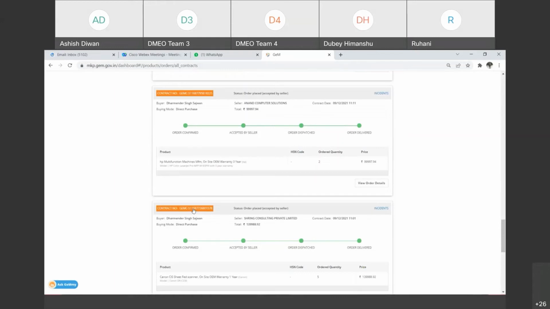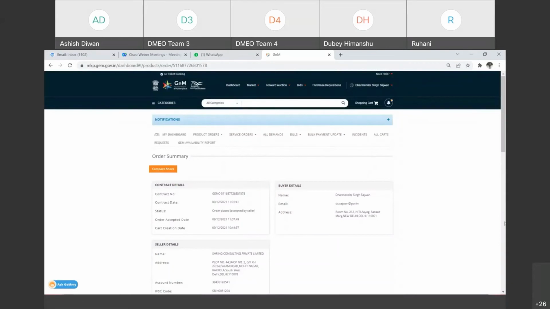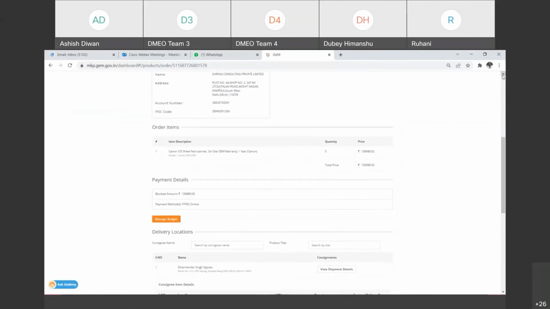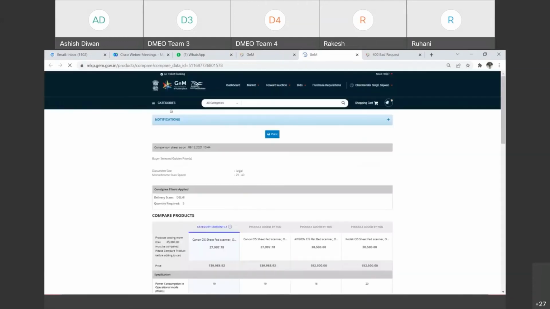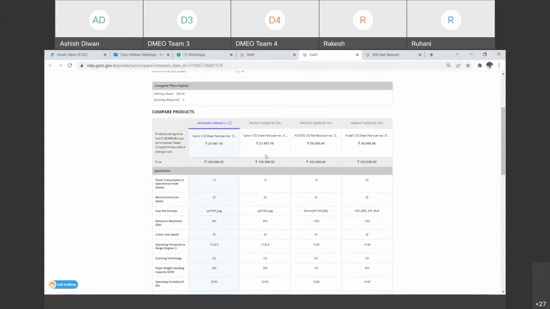ये मेरे ख्याल से ये हम लोगों ने प्रिंटर परचेज किए थे तो उसके वो प्रिंटर जो है 25,000 के ऊपर आ जा रहा था, तो उसमें हम लोगों ने कंपेयर सीट जनरेट किया था। हम लोगों ने प्रिंटर परचेज किया था, उसका जैसे हम लोगों ने 3 आइटम्स को, 3 डिफरेंट मेक्स को कंपेयर किया था। जैसे कैनन का लिया था तो कैनन का प्राइस 27,997.78 आ रहा था, जबकि दूसरे हम लोगों ने एविजन और कोडक से कंपेयर किया था तो उनका रेट जो था हायर था।